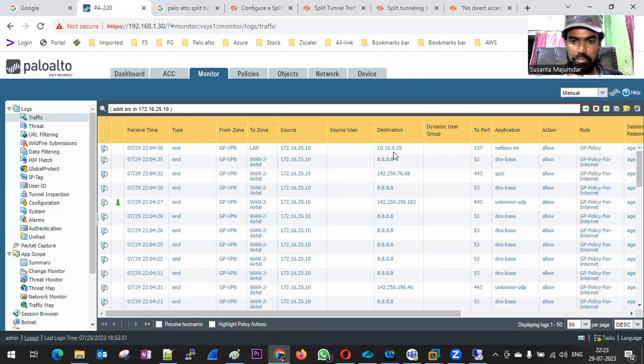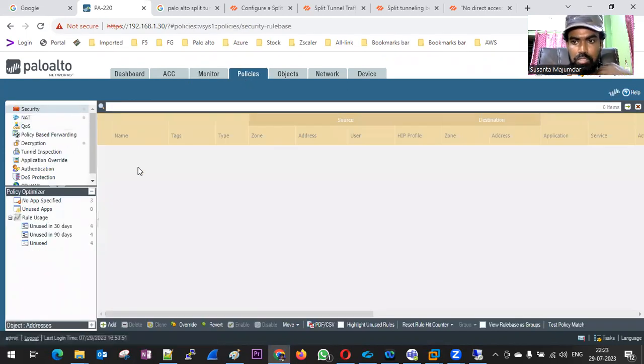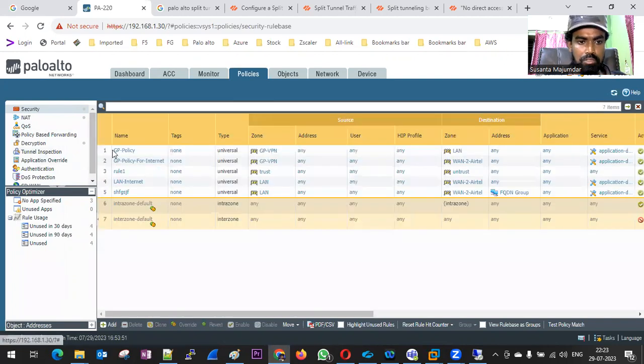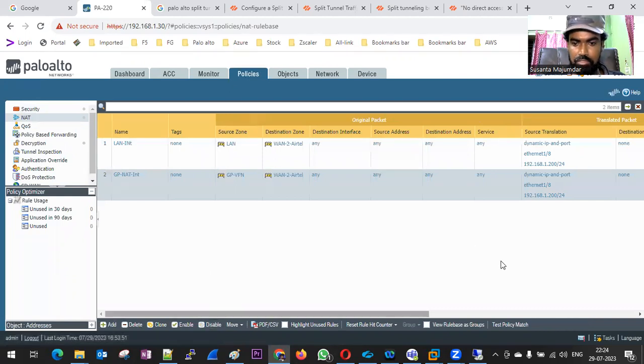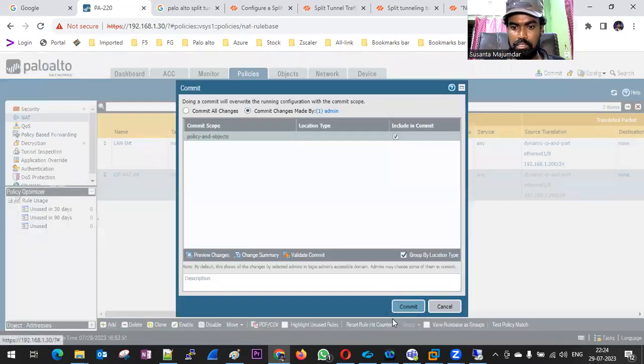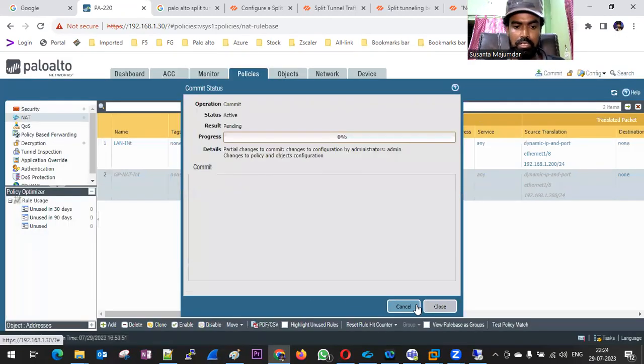पब्लिक आईपी मिलता रहेगा यहाँ पे, ठीक है, सी दिस से पब्लिक आईपी, ये आप एनएस लुकअप करोगे तो इट विल बी योर फेसबुक। बट व्हाट यू हैव टू डू, because I have already the policy, right, so it is using this policy, but that is not the scenario because it is using this policy। so what you have to do, you have to disable this policy and as well as the net policy, because it is still going via full tunnel internet net, so disable it and do the commit, then you can able to identify if it is going via split or it is going via normal, so it will take some